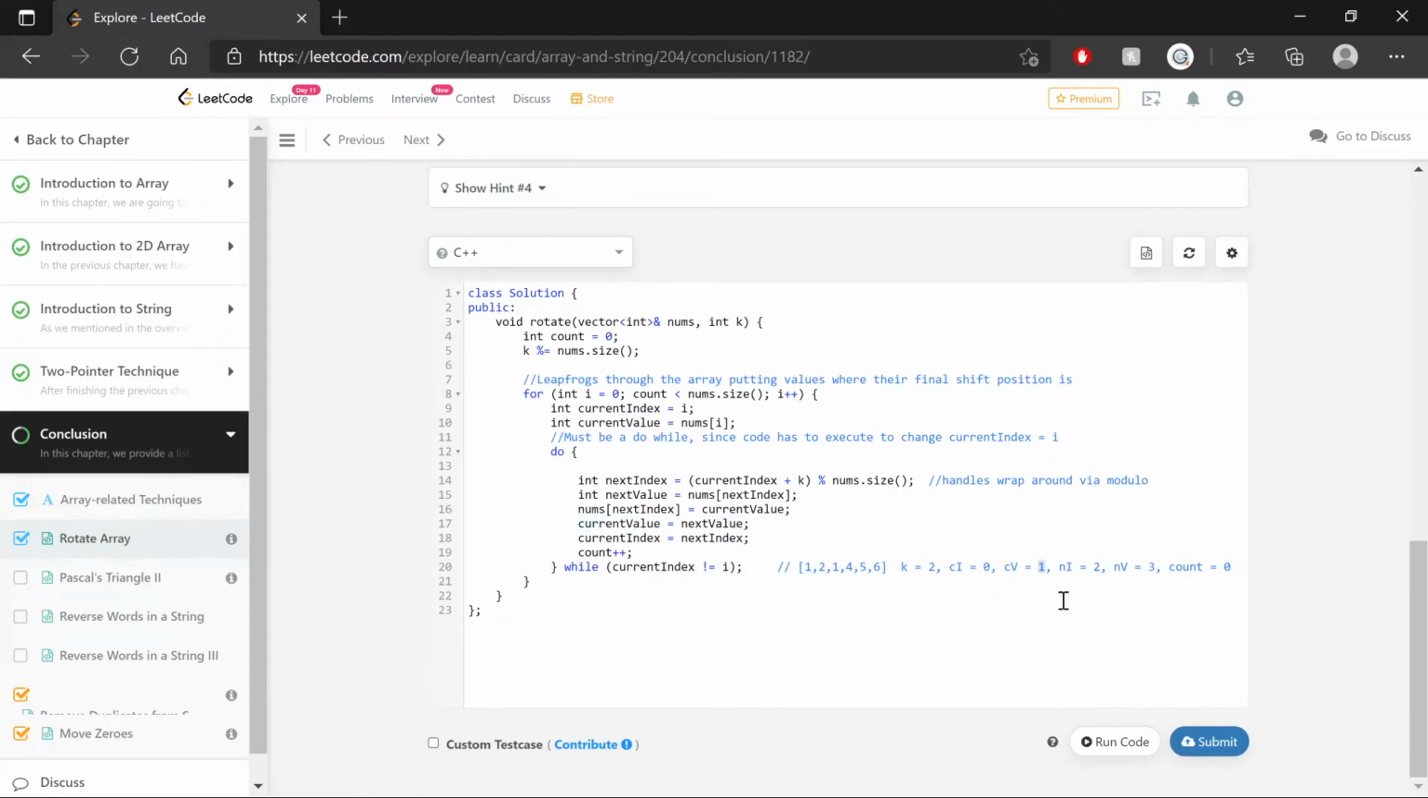So current value here becomes 3. Current index now becomes next index. So next index 2, current index was 0, now it's 2, and our count goes up. Now when we check this while condition, our current index no longer is equal to 2, so we continue in